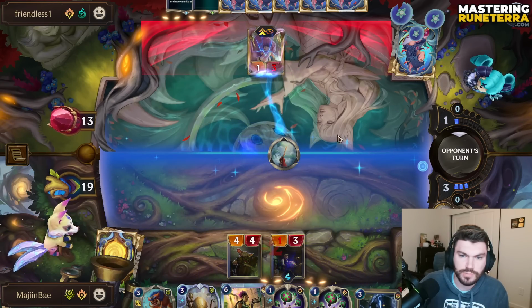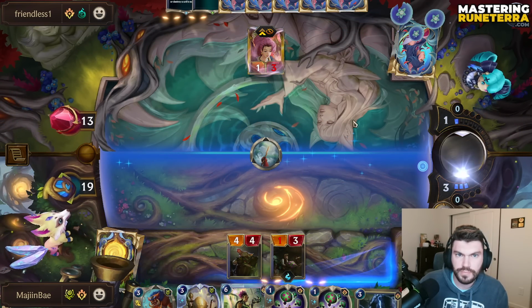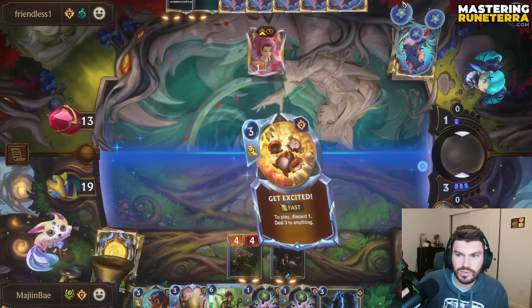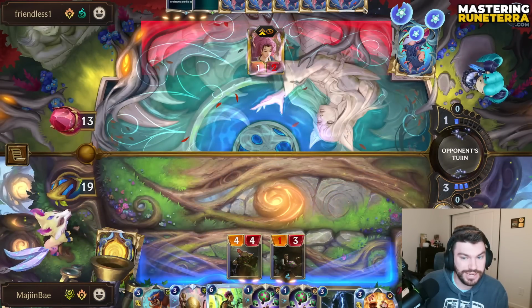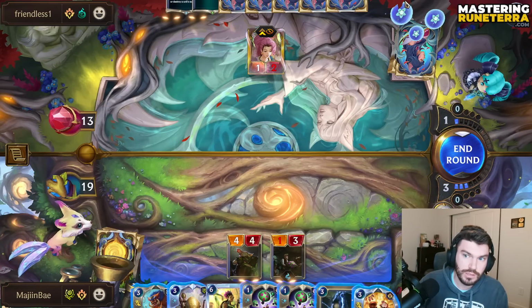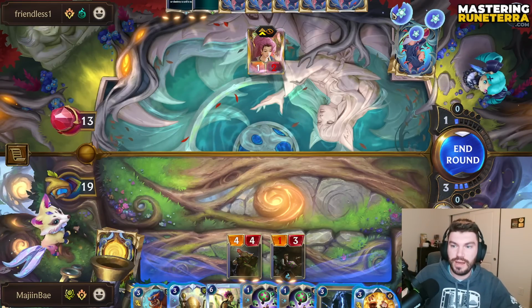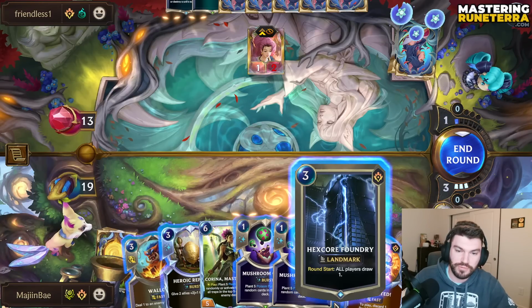Okay, interesting. Sure, let's see what we draw. Seraphine at 6. Okay, we could take her out right now. I don't know. I don't think it's worth it. I could instead just develop Hexcore Foundry, and I kind of like...